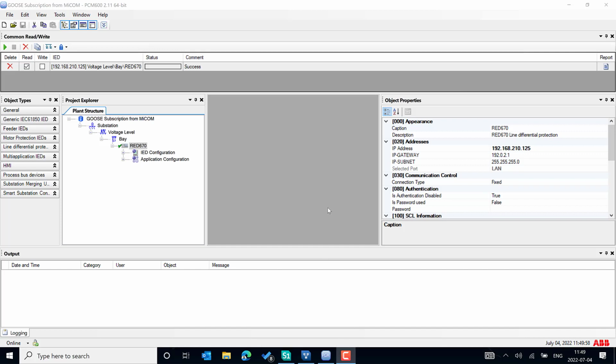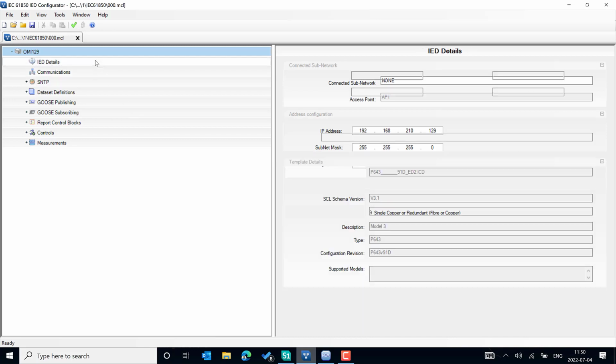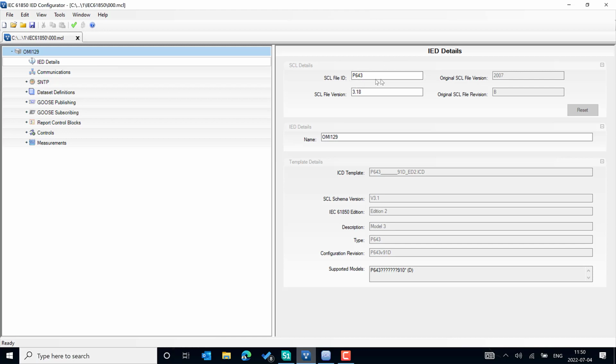In this video, we will see how we can subscribe to a GOOSE message from a third-party relay to an ABB relay. In my case, I will take my P643 as a GOOSE publisher. You can quickly see the IED details, which is a P643 transformer protection control IED, and its